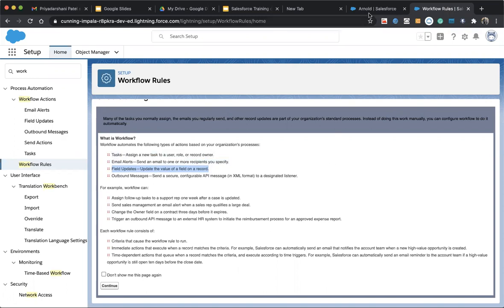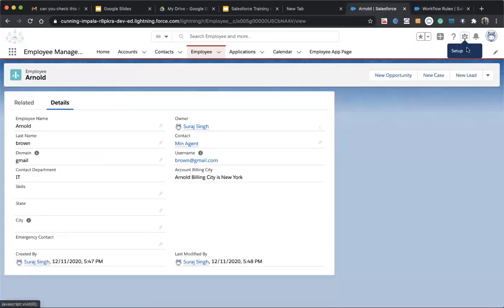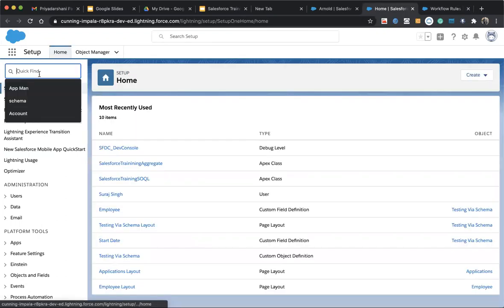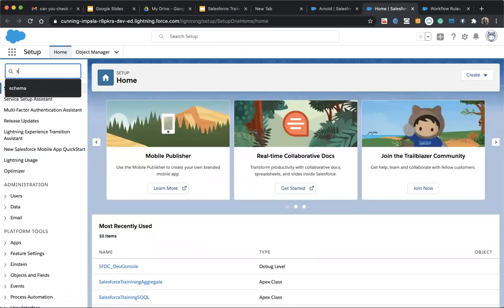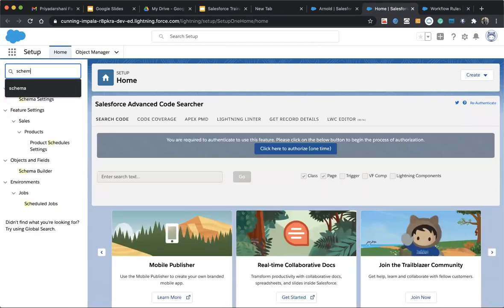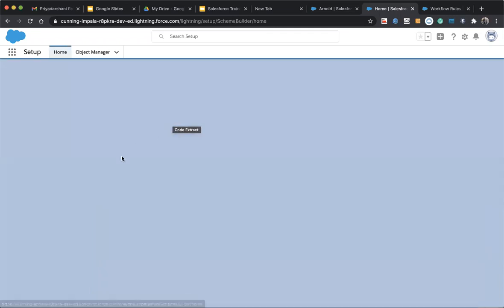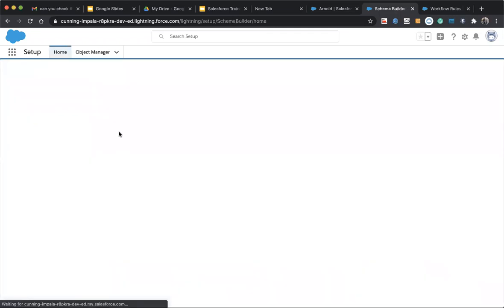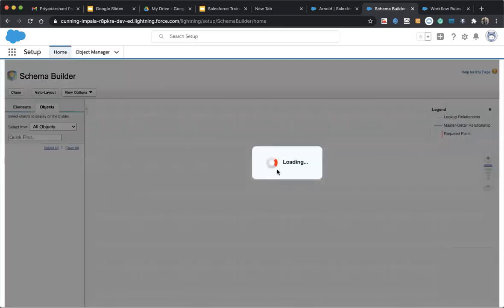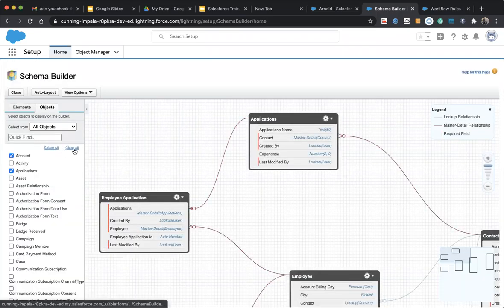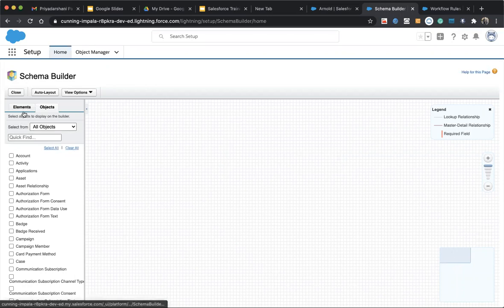Let's create some objects here so that we can do it easily. For creating an object, I will use the Schema Builder, because the schema builder can create much faster than creating from the UI. I will create some new objects.